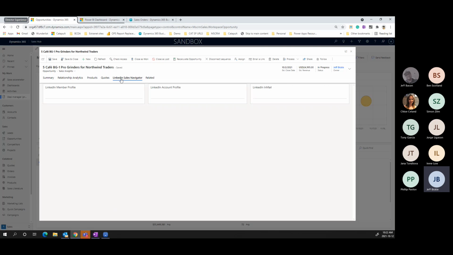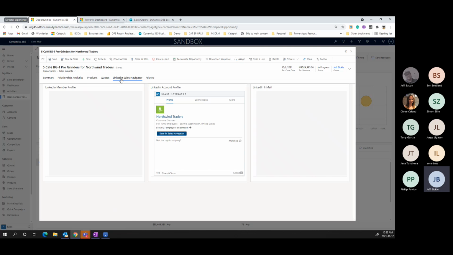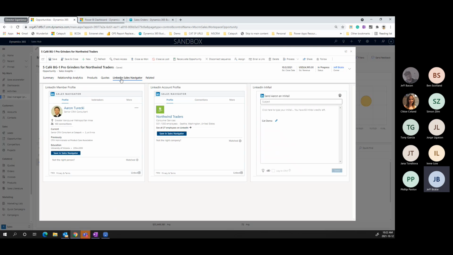We have a LinkedIn Sales Navigator integration set up as well, where we can start to view some of that LinkedIn information associated with the account. When it pops up, what you'll notice is a few things. We've got the person, the company, and we can also send an email directly from the form as well. If I hit save and close,